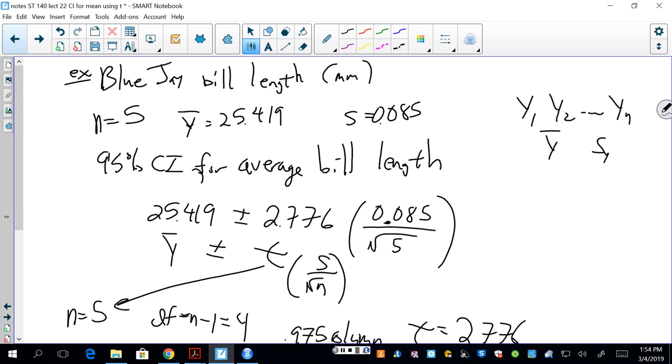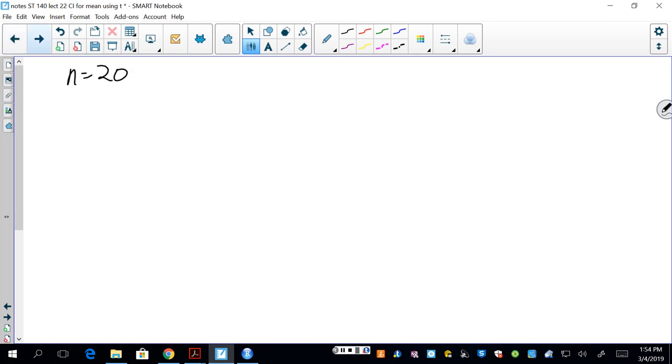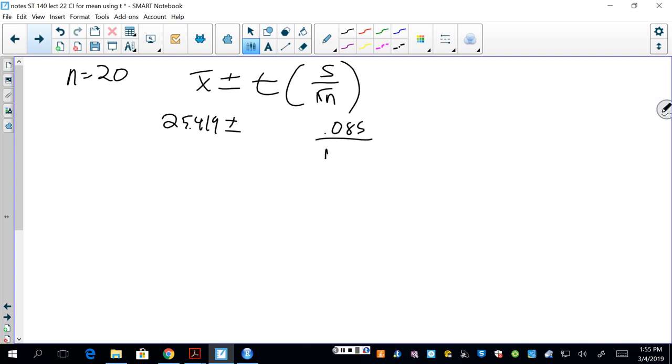T, yeah, degrees of freedom. We're not stuck with this huge t value anymore. So x bar plus or minus t s over the square root of n. And our same number here, 25.419 plus or minus 0.085. Now square root of 20. So that's the